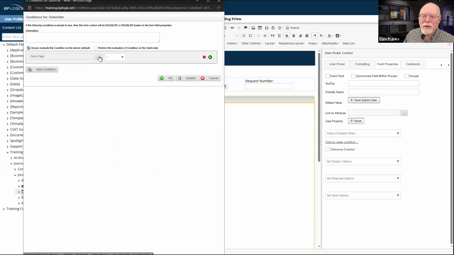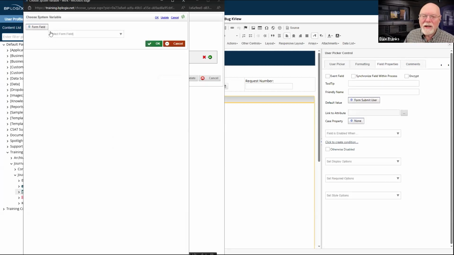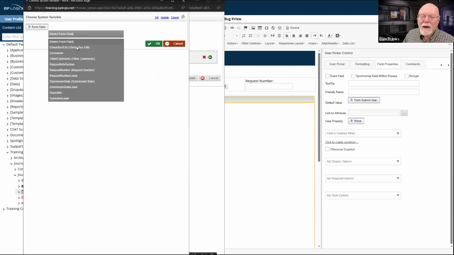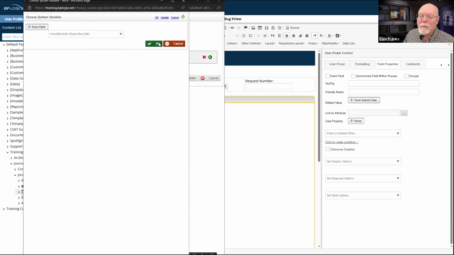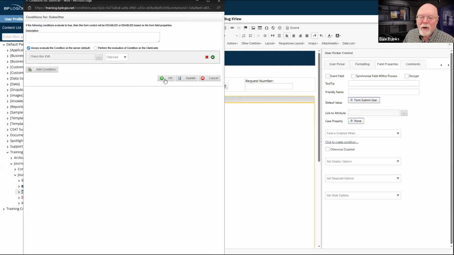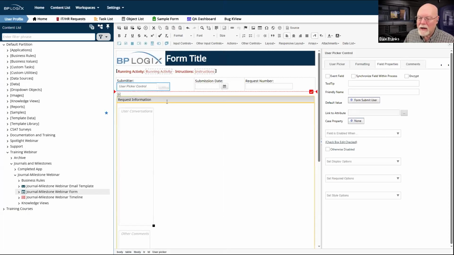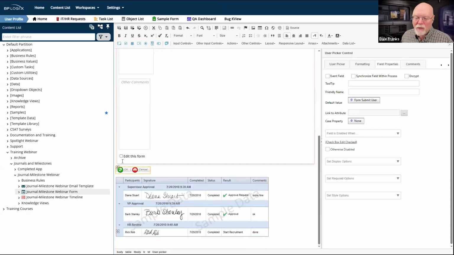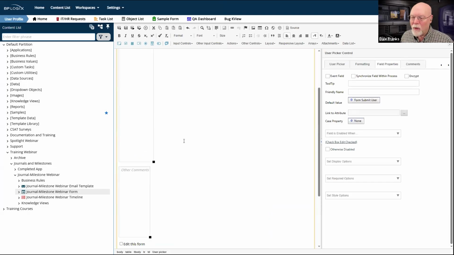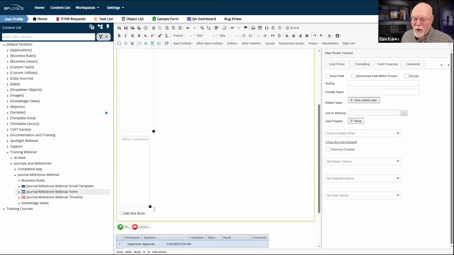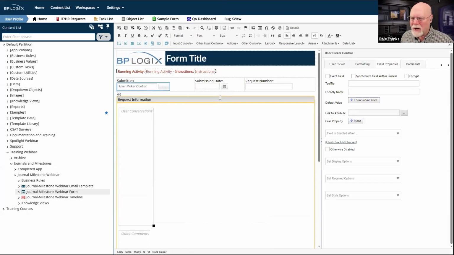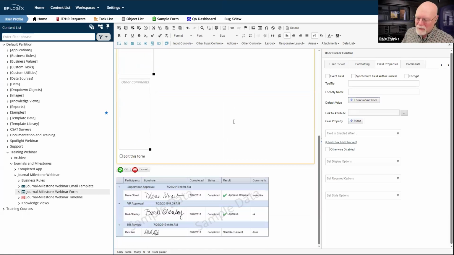So we'll just do this. We'll just say that this field is enabled when our checkbox edit is checked. So we can go and change the submitter if we decide we want to edit this form. So clicking on edit this form, which is now really inconvenient because it's way down here at the bottom, and this is the control that's going to change. But that's fine. We'll keep it the way it is.